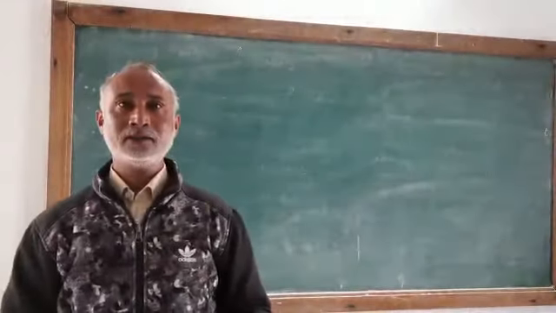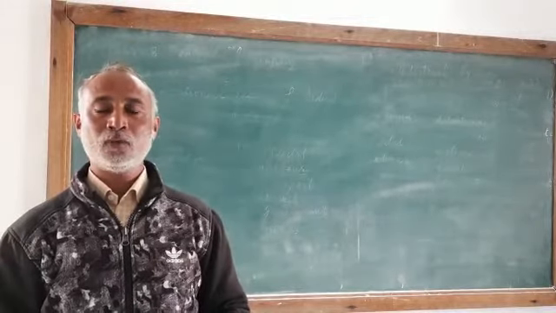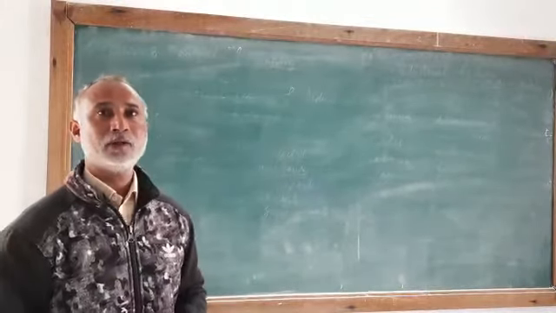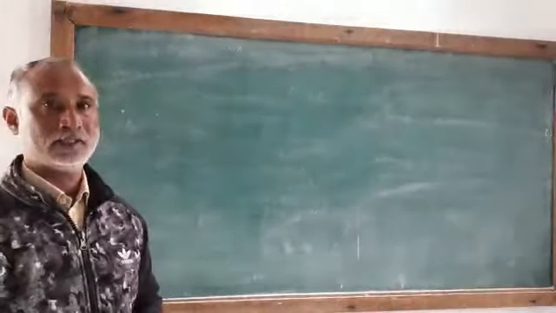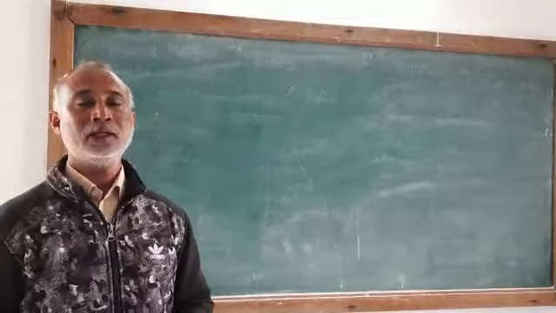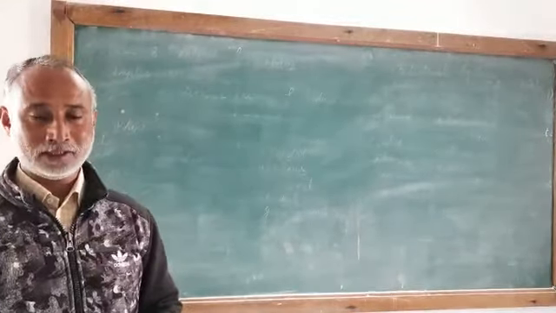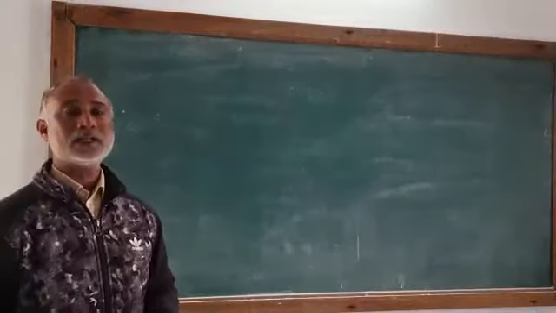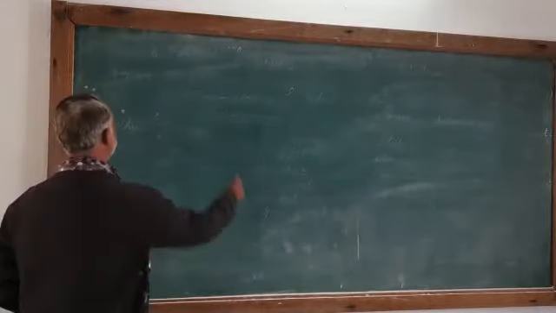Good afternoon, students. In the last video, I explained what the representation of data is, and we ended with the tabular representation. There are two types of representation: tabular representation and graphical representation. Now the tabular representations are of three types. That means in three different ways we can arrange them.